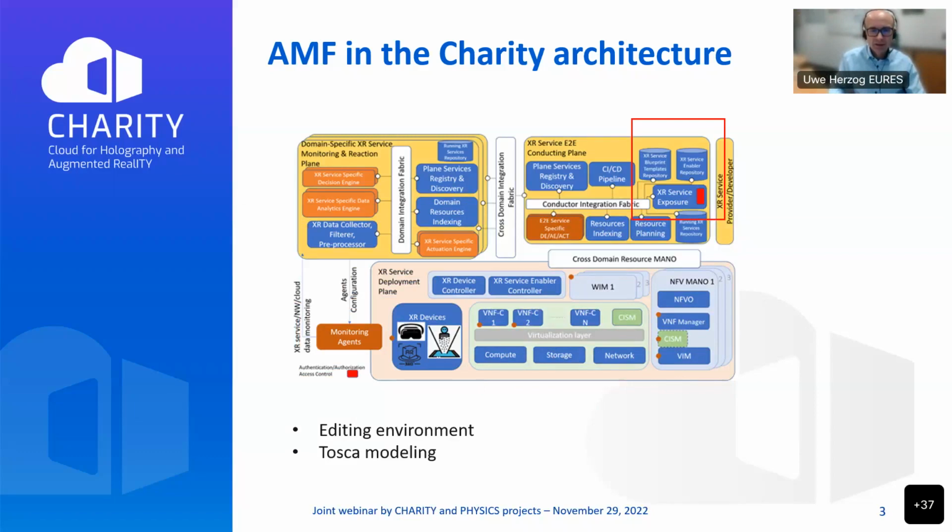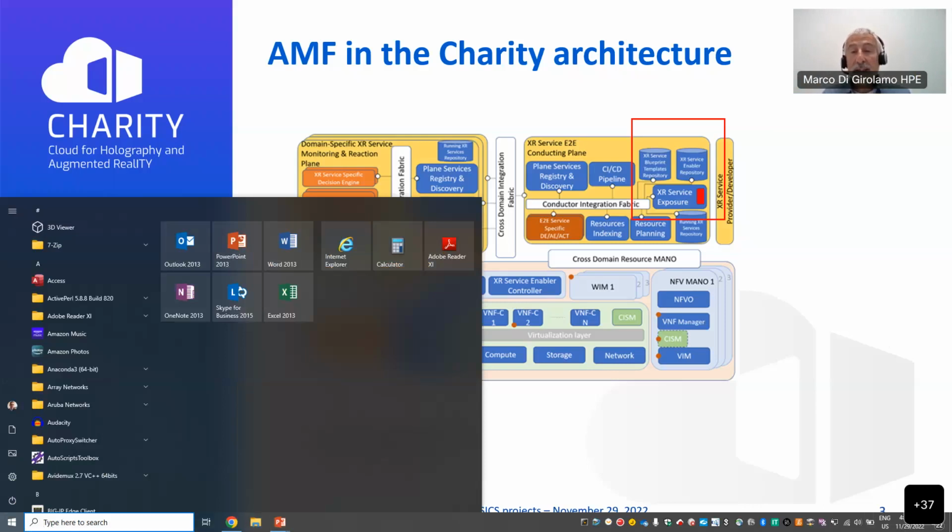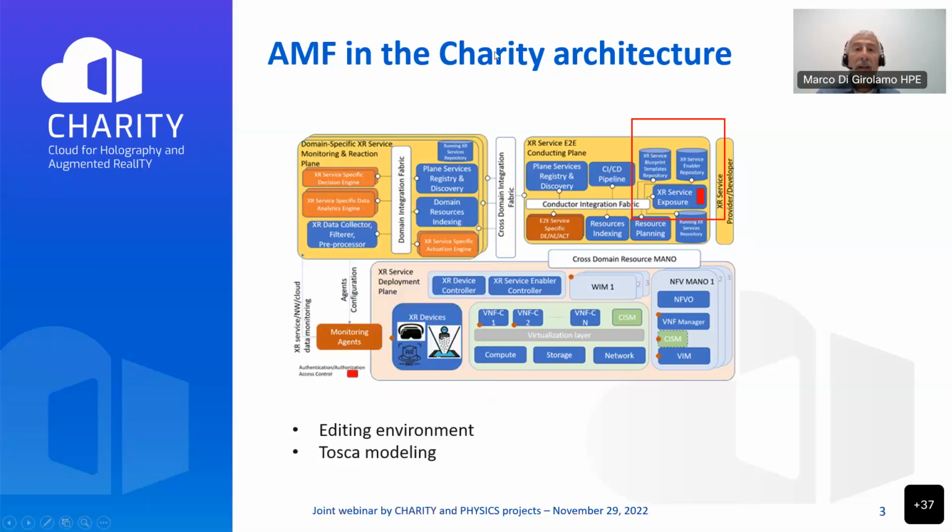Hi, this is Marco Di Girolamo. I will just give a very quick introduction to the content of this next session, that is the application management framework, before handing over to Paolo for a deeper insight. So, as we said, Charity as well as physics are willing to address and serve a class of application developers who have to tackle quite complex applications, and applications having to cope with complex problems when running as workloads in their operational environments. So we want to create best possible facilitations for them in order to help them turn